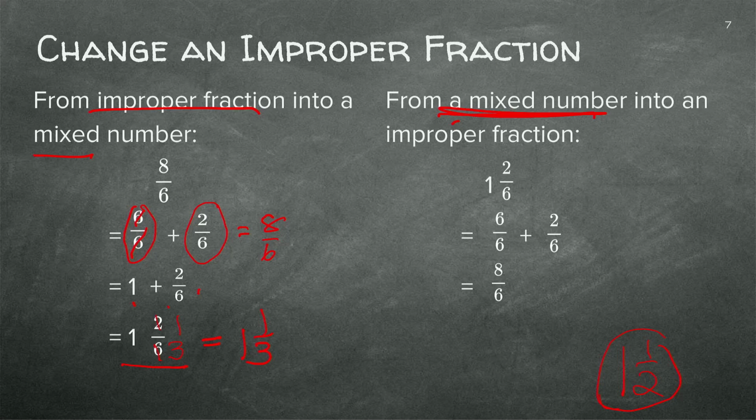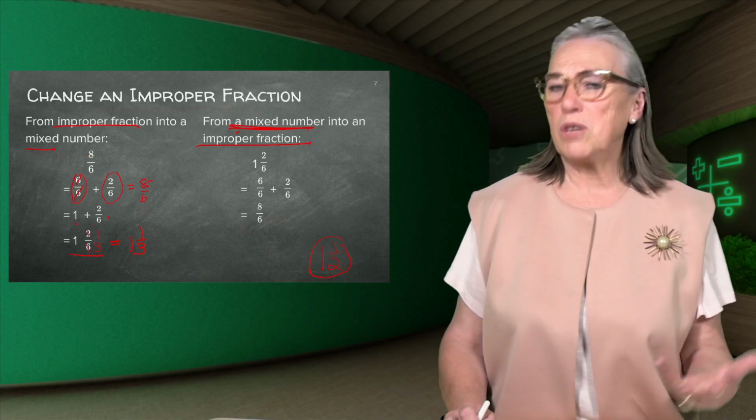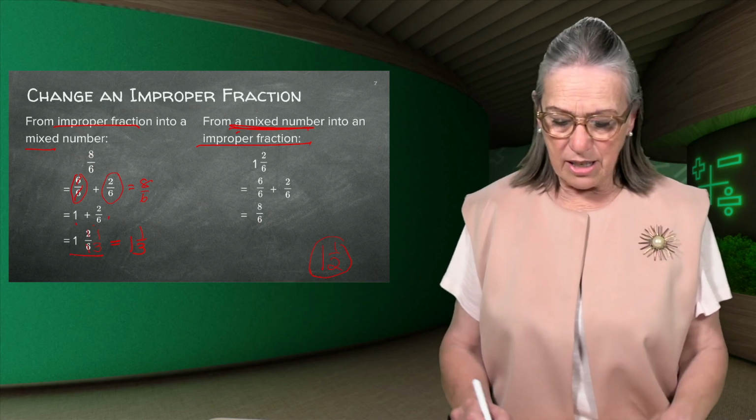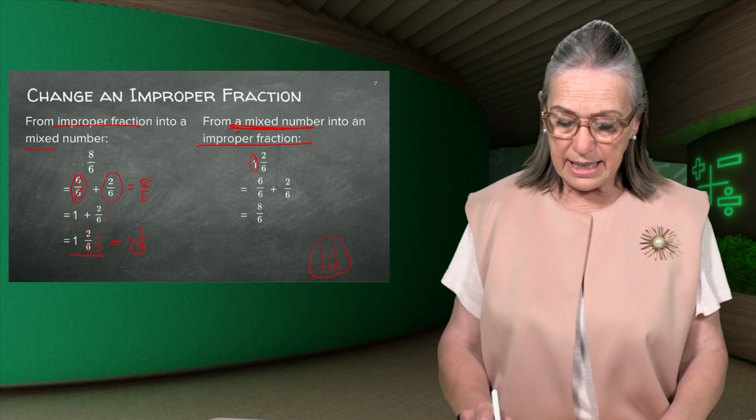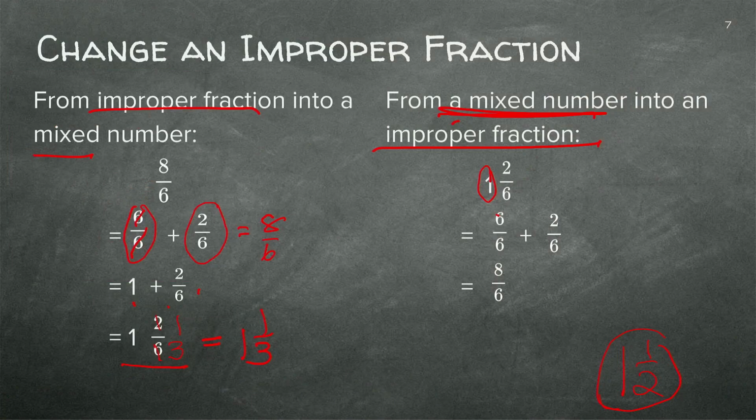Okay. Now, the other way around. If we want to change a mixed number into an improper fraction. So I think you can work this one out. But let's try. So the whole is then obviously 6/6 plus 2/6, and there we have got our 8/6. But there's another method to work this. We're going to just multiply 6 times 1 is 6 plus 2 is going to give us 8 over 6.